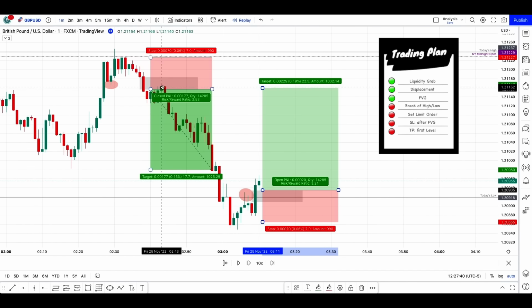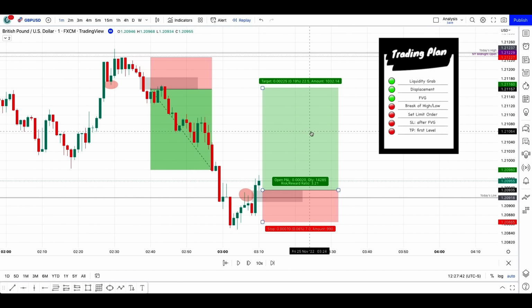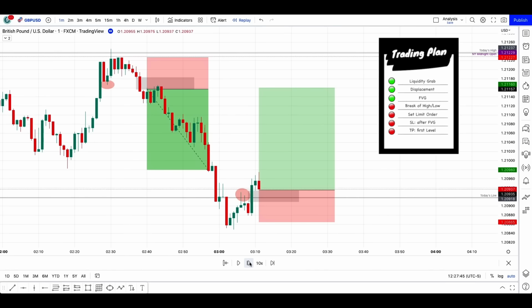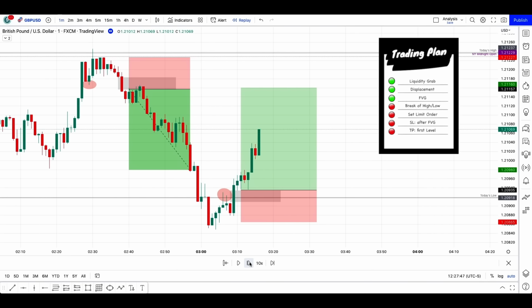What's amazing is that ICT concepts work everywhere, and I truly believe that his way of trading can help any trader. Let me show you the proof. If you look right here, you can see that even